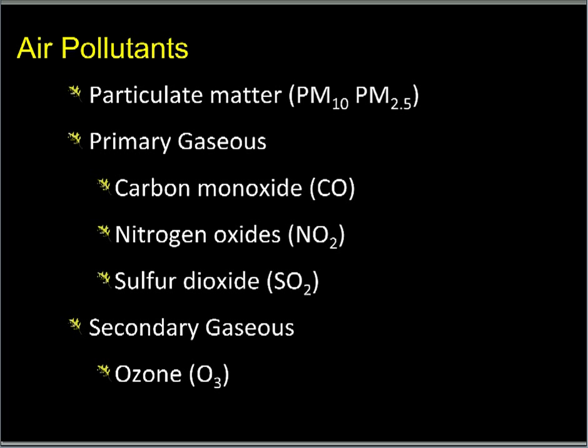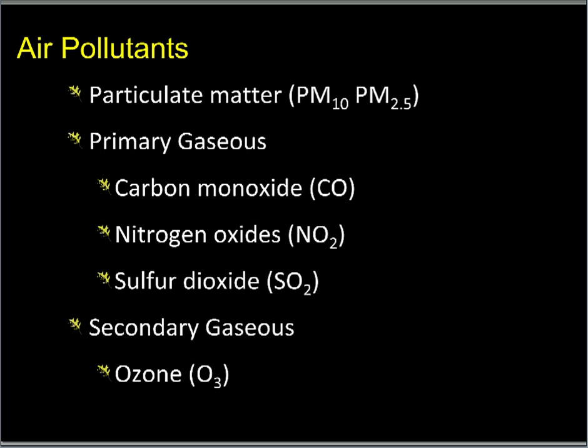So we're talking about air pollutants in cities. There are 5 or 6 main pollutants that we're concerned with. First of all, there's particulate matter. There's PM10, which is particulate matter less than 10 microns, and which was the old EPA standard. The new EPA standard is now PM2.5, which is particulate matter less than 2.5 microns. Particles are physical mass, and it's going to be important in understanding the roles of trees as compared to when we talk about gases.